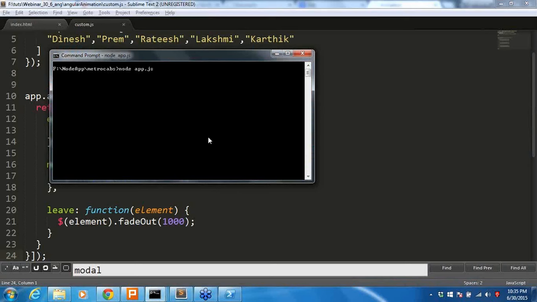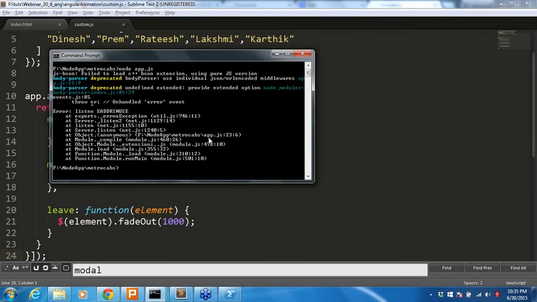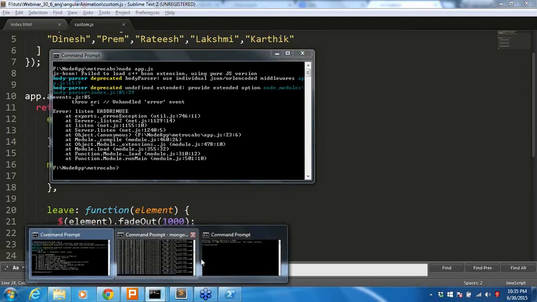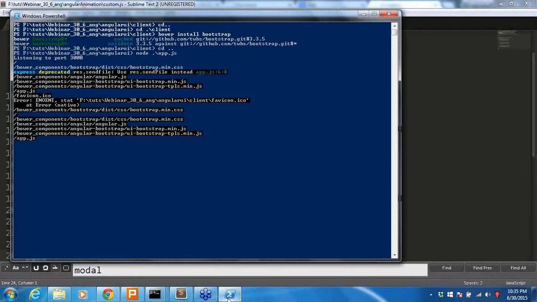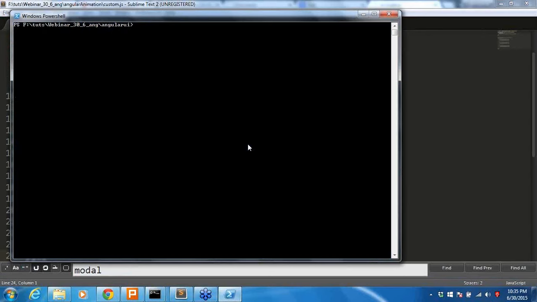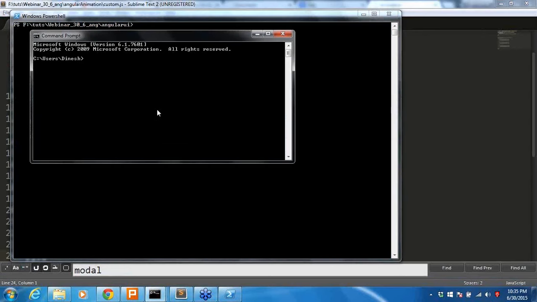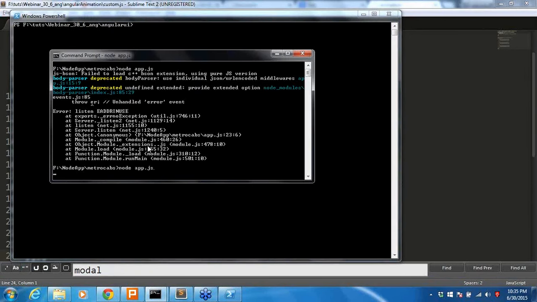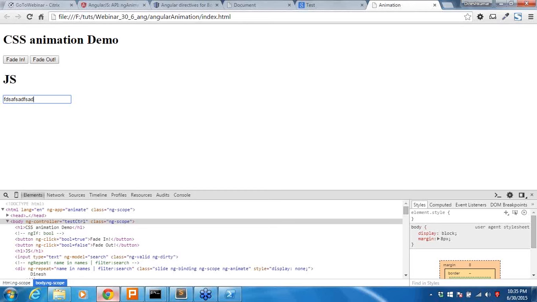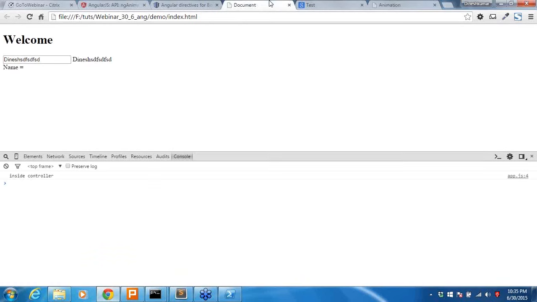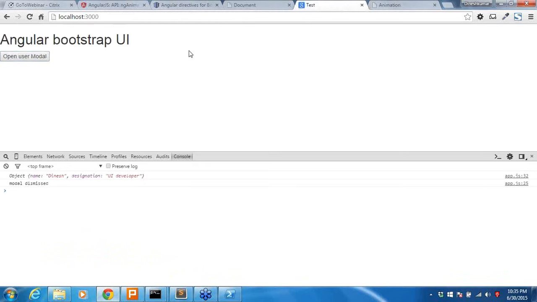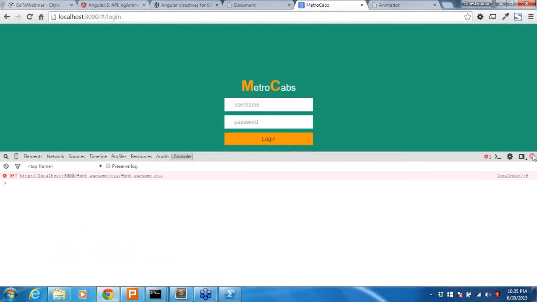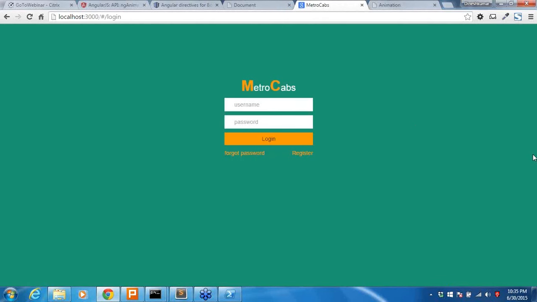What is this node app? What is it, man? It's throwing an error. Already somewhere this app is running. Let me stop it if it runs. Yeah, right here it is running. That's why. Close this. Okay, now it is running. It's running on port number 3000. Let me go somewhere. I think I'm already running this on 3000. Refresh. Okay, now you can see this application.